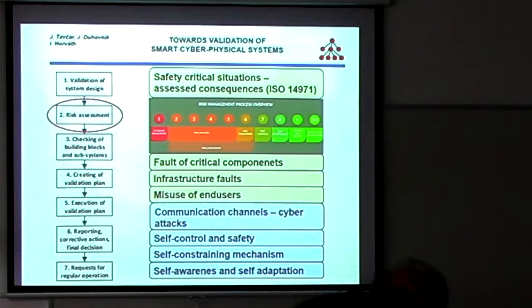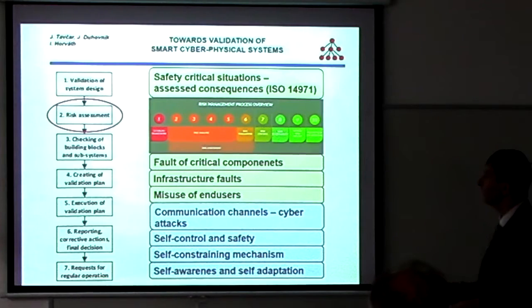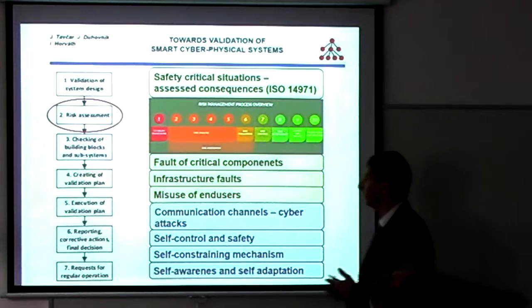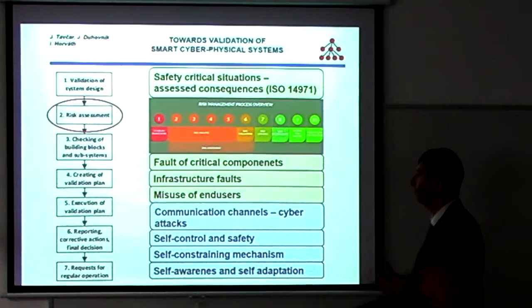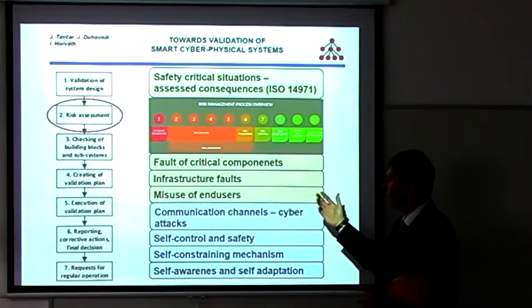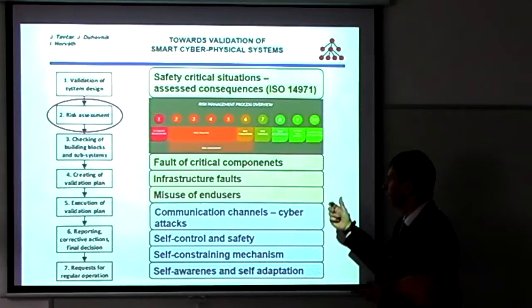For risk assessment, we already have a few details about the traditional systems. Everything needs to be repeated also for smart systems, but some other topics should be considered. These are not all of them, especially what has to do with self-control and safety.